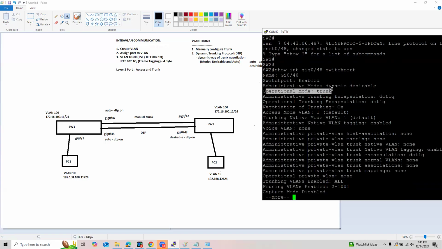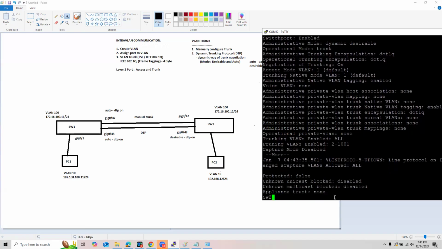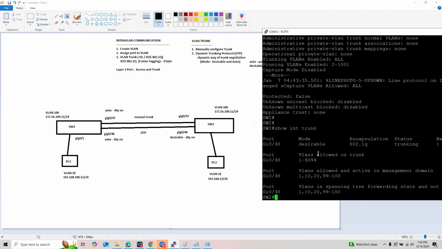So we have now a trunk. Let's see, show interface trunk. All right, so we have now one trunk between switch 1 and switch 2.